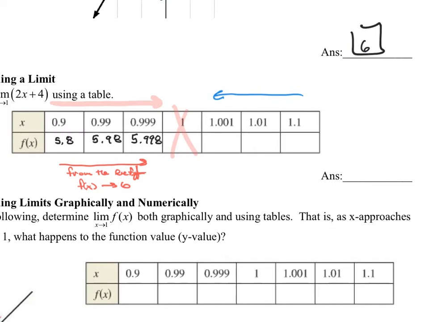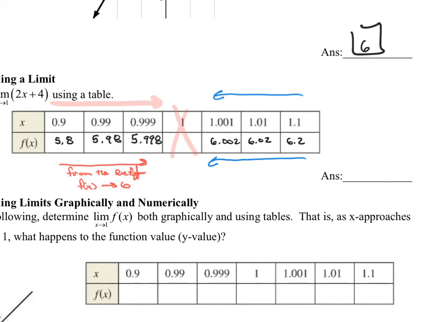Then plug in 1.01, then plug in 1.001. So when I plug in 1.1, I got a value of 6.2. 1.01, I got 6.02. 1.001, I got 6.002. So what do I notice is as I come from the right of 1.1, 6.2, 6.02, 6.002, what number is